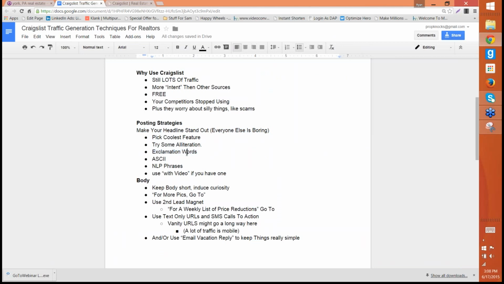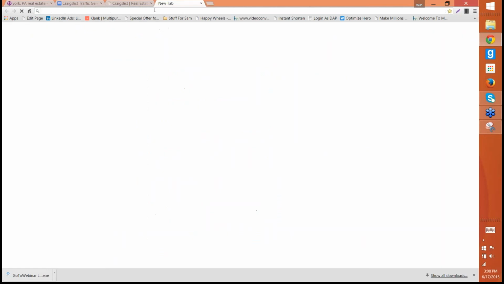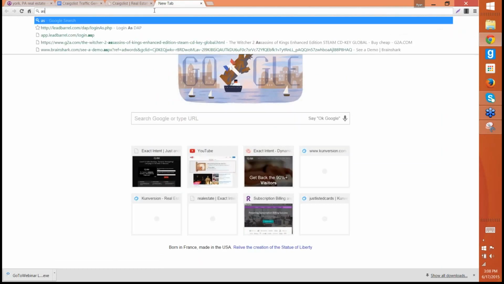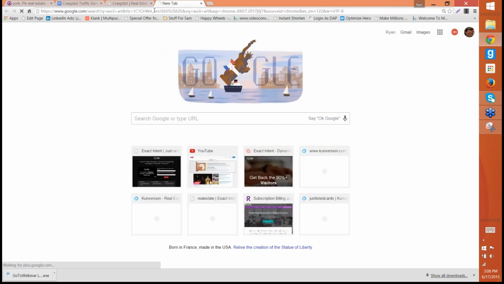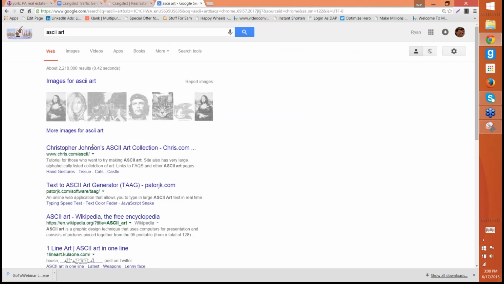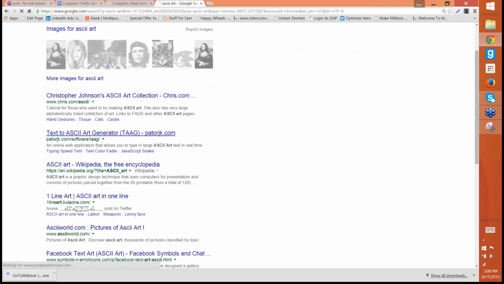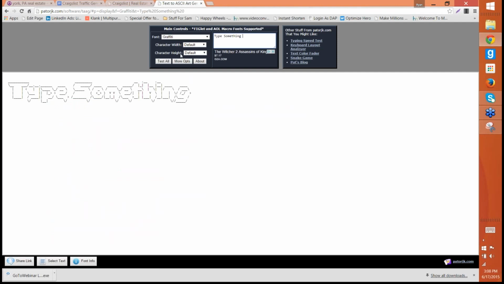Exclamation points and words. Some people use ASCII characters to draw little pictures. That might get you flagged here and there if you're doing it too much. But if you want to make ASCII art, am I saying that right? ASCII, like this. Text to ASCII art generator. So I don't know how this would work in a subject line, but you would do something like